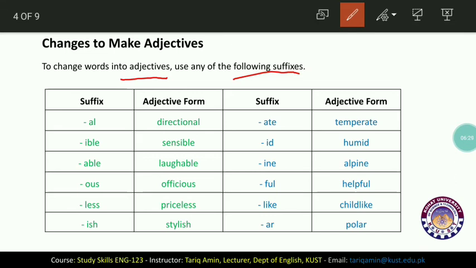Now, over here, al is a suffix. Direction is a word. When we add a, l to it, it becomes directional, and directional is an adjective. It becomes an adjective. Same is the case with